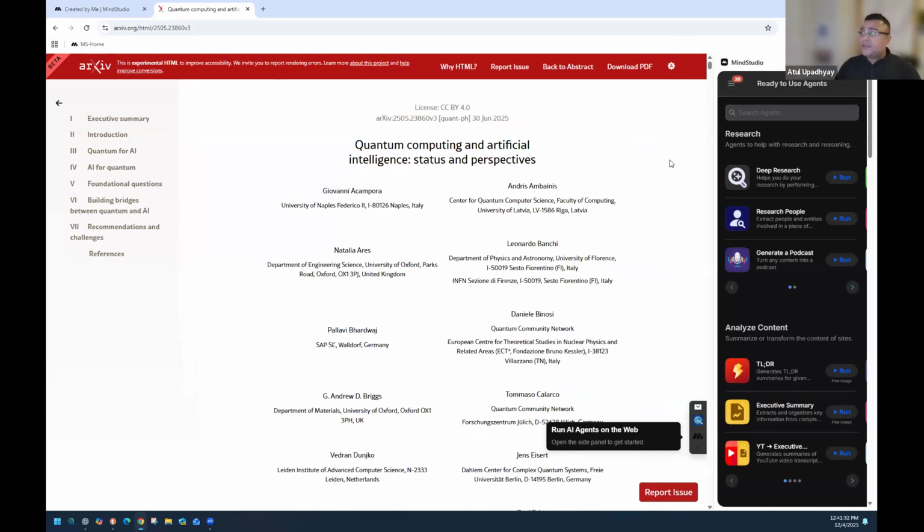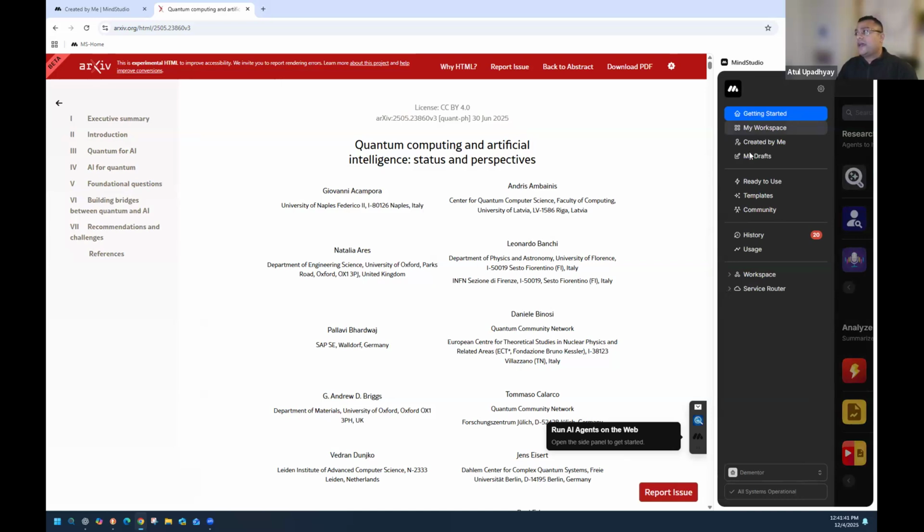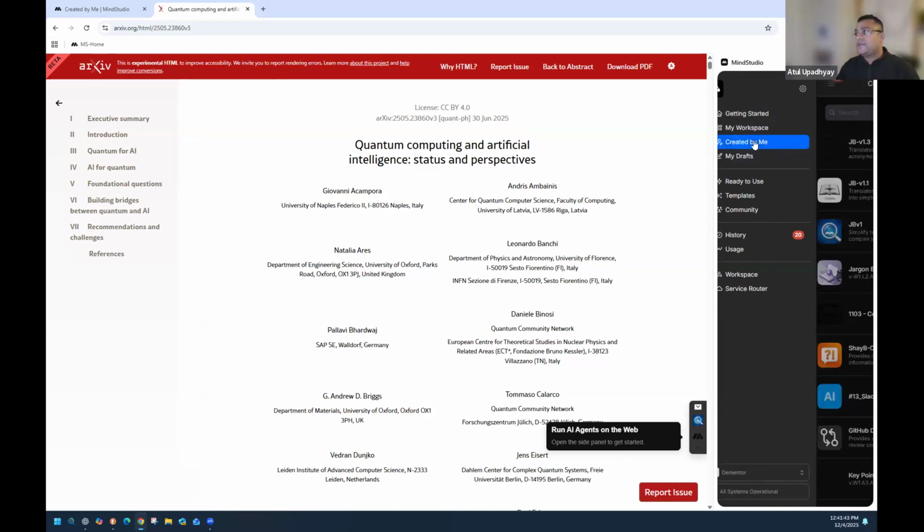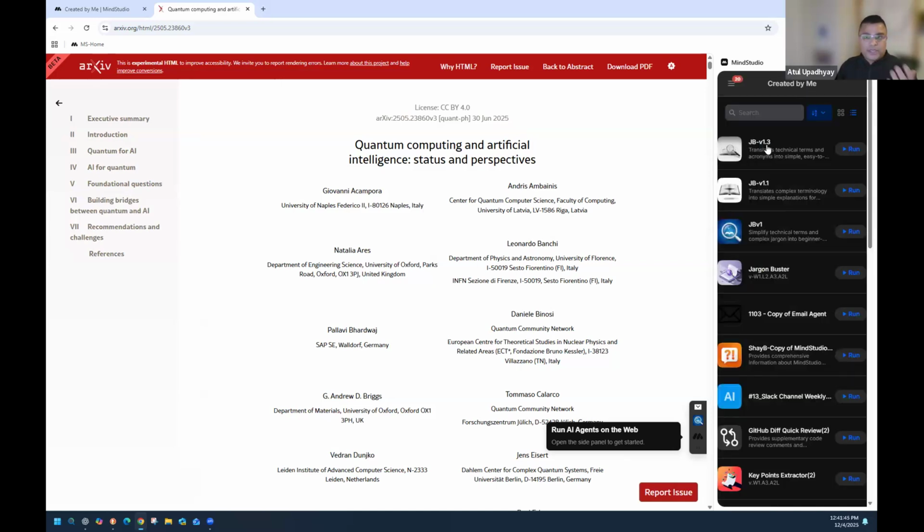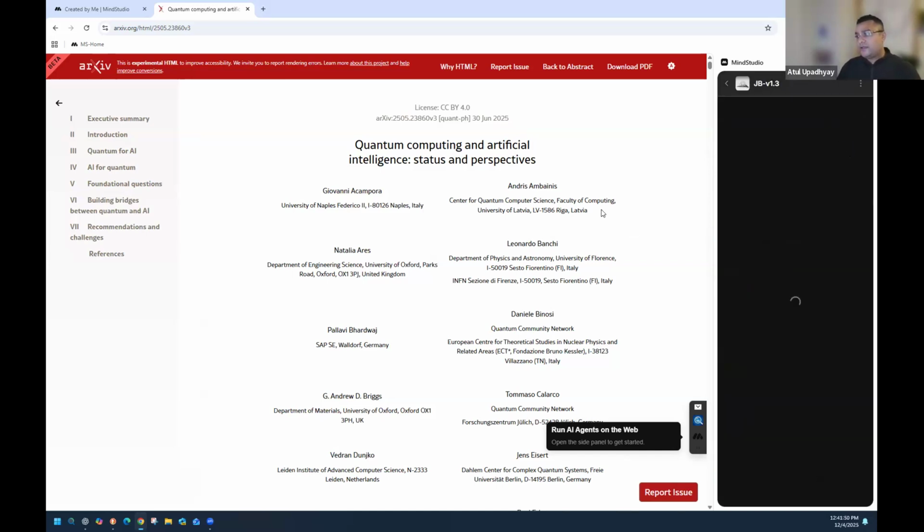It opens up this view of MindStudio. This is nothing but a more mobile view of it. I'm going to click on that. This is my workspace, created by me. Version 1.3 is what we published just now. I'm just going to select it and hit run.